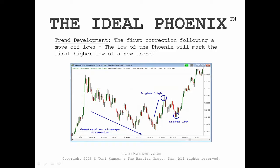I don't do that as often. I tend to focus a little bit more upon thinking in waves of 2. The reason I do this is that oftentimes after a second wave, momentum or the pace of trading starts to shift. So when you're looking at something like a Phoenix, the first thing you want to do is